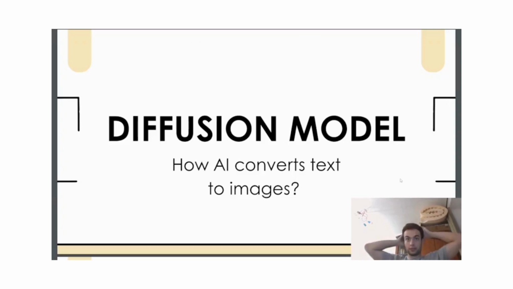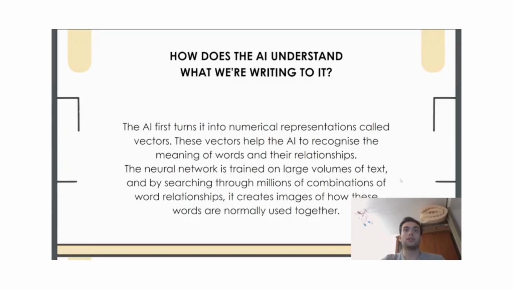Hello everyone, and in today's video I'm going to tell you about diffusion models and how AI converts text into images, and not only into images. So firstly, when we type some text to AI, the first thing it does is turn it into numerical representations called vectors. These vectors help the AI recognize the meaning of words and their relationships with each other. When the neural network is trained on large volumes of text and data,